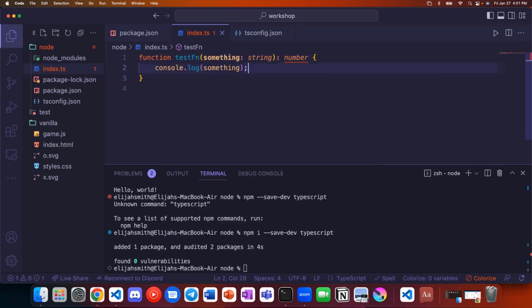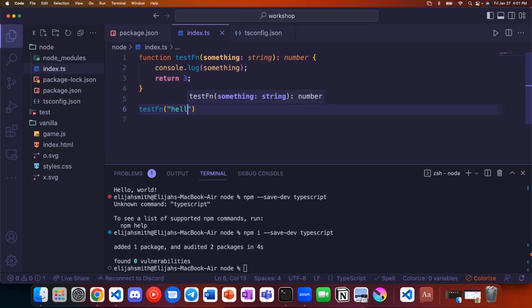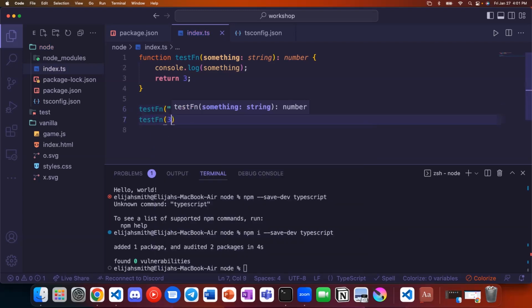And if we don't return anything in JavaScript, this would not cause a problem. But in TypeScript, we have to return a number now. And so it'll yell at us unless we do. And if we want to call test function, we can pass in hello. If we try and call test function and pass in something that's not a string, it'll yell at us. If we don't pass in the right things, it'll yell at us. It's all just to make your life a lot easier. You can use it as much or as little as you need. The baseline of TypeScript just helps you be safe, but there's a lot of more advanced ways to use it as well. And we can go ahead and compile this really quick.